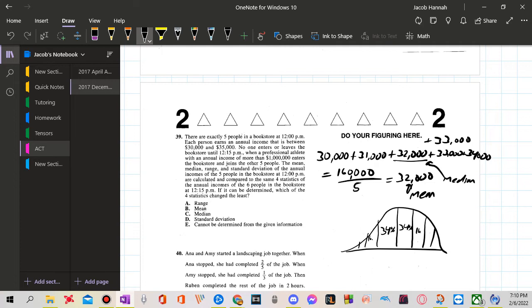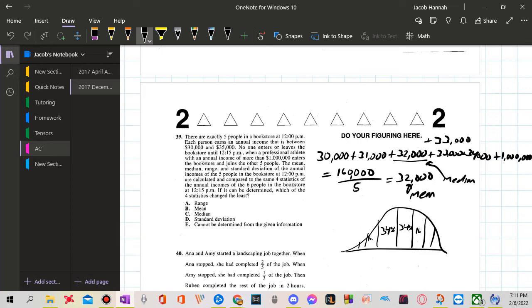This will not really change the data all that much, but you'll learn how to use this more when you take statistics. But this question's asking about when someone who enters the data pool makes more than $1 million. So if someone walks in and makes this much money, it's asking which one of these 4 things changes